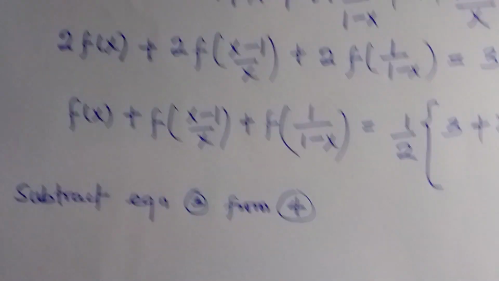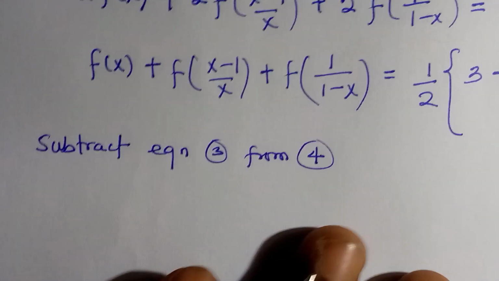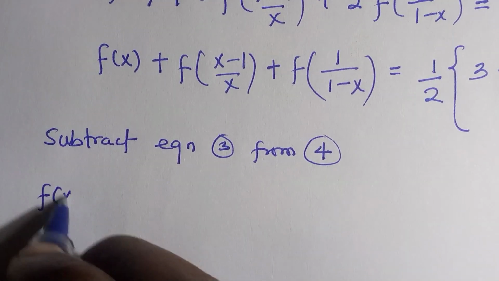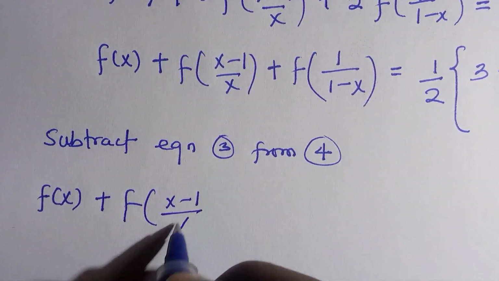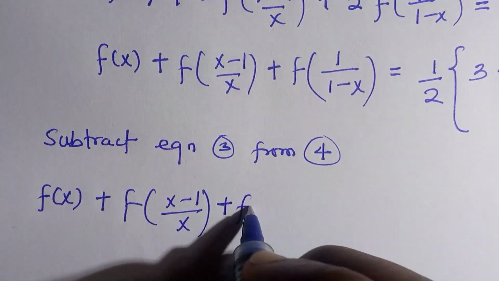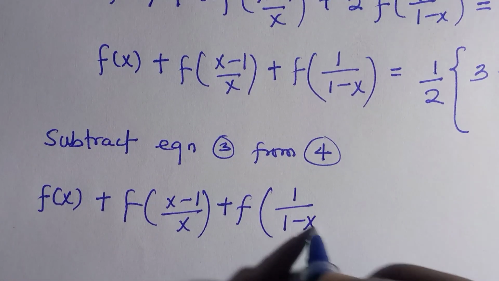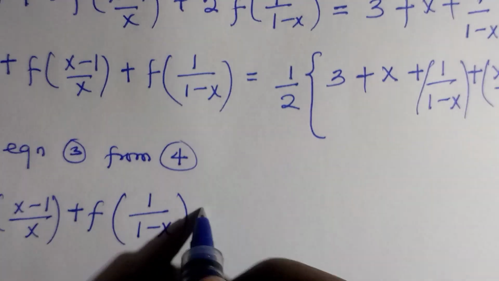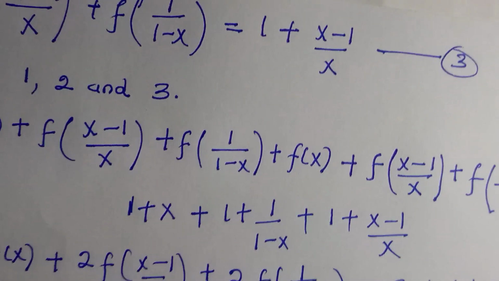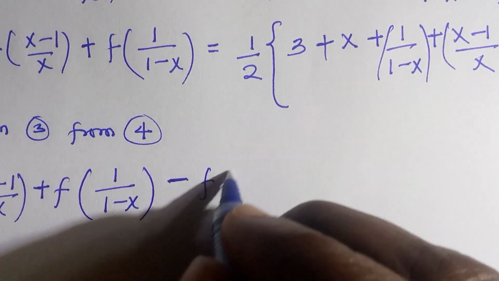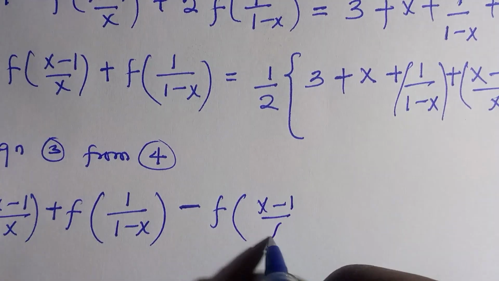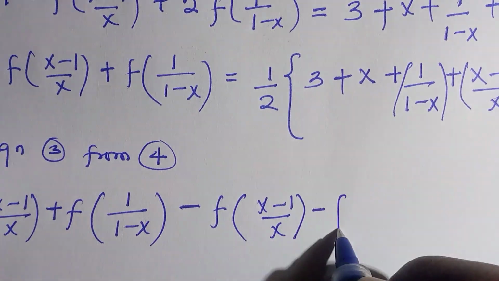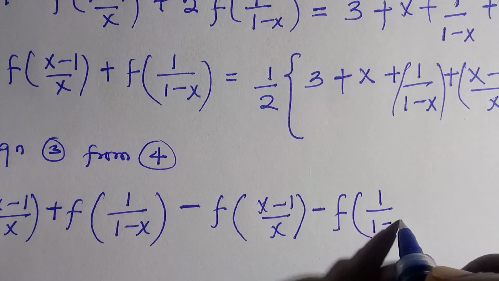That is, equation 4 is f of x plus f of x minus 1 divided by x plus f of 1 divided by 1 minus x, minus equation 3, which is giving us f of x minus 1 divided by x minus f of 1 divided by 1 minus x